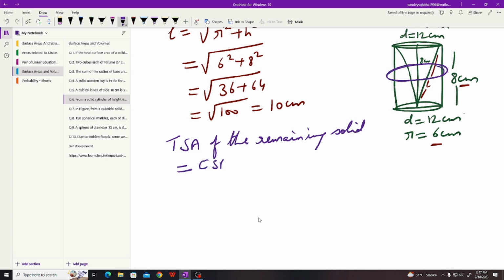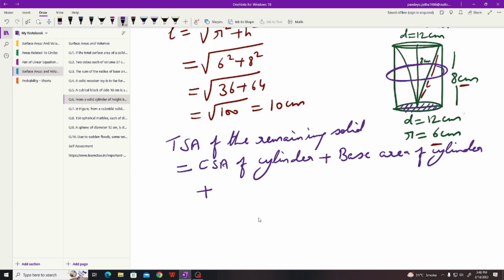So that is curved surface area of cylinder, plus, since it is a solid cylinder, the bottom base is there, that is base area of cylinder, plus